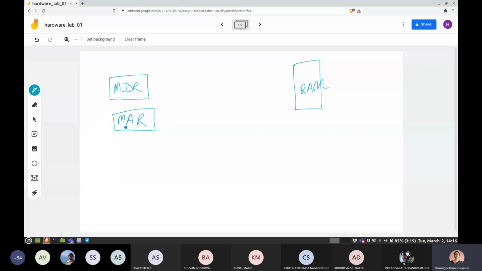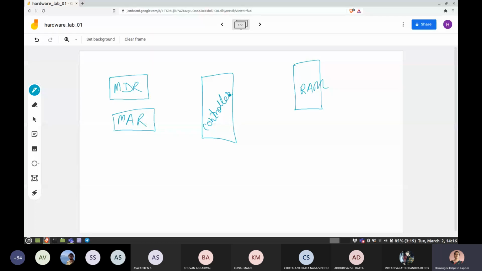Any address I want to read is put in MAR. Data which comes in or goes from the memory is put in the MDR. Now these have to be interfaced with the RAM through a controller. So I am putting a controller here, the popular memory controller which you are all aware of.